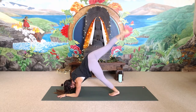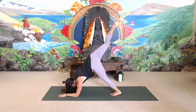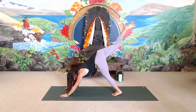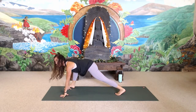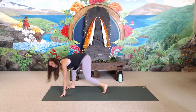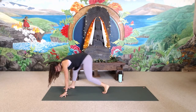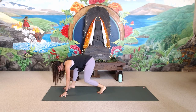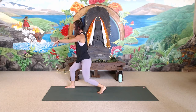If that's too much, lower the left leg, push into the right hand. If it feels good, pause there for a moment, and then push into the right hand, coming to a normal three-legged down dog. Let the left leg swing forward for the lunge. And then let's shorten the lunge. So hop the right foot forward a couple hops and let that right leg bounce because it feels good. And then once it feels like the right leg doesn't need to come forward anymore, let the toes stay on the earth, push down into the legs to slowly rise up, just like we did before with the knee down,